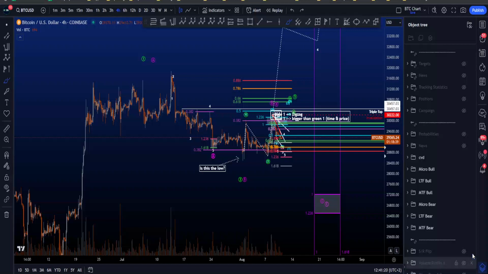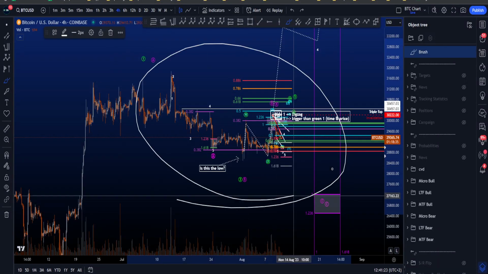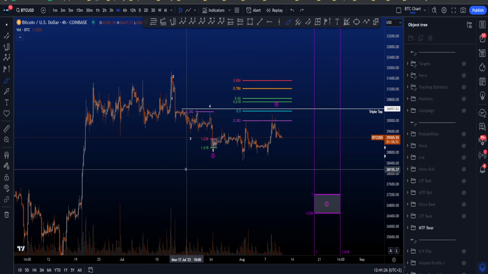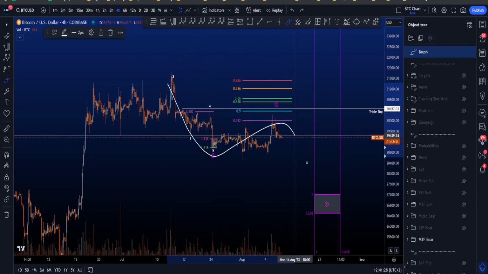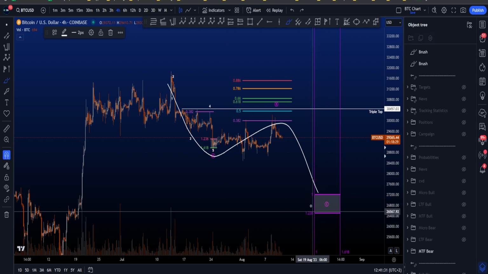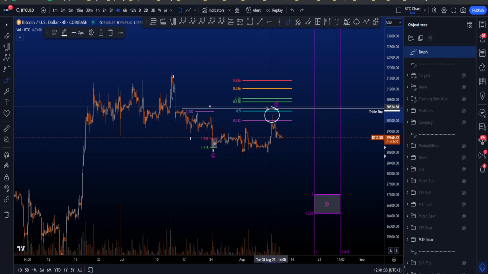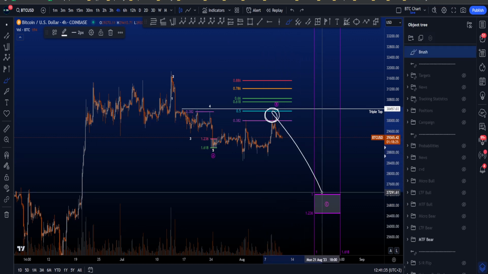Hi everyone, let's go over my medium time frame, low time frame and micro bullish and bearish Elliott Wave scenarios on Bitcoin, starting with the medium time frame bearish scenario where we are looking for a zigzag to the downside in a 5-3-5 after wave B has then ended up here, and they're looking for an impulse to the downside